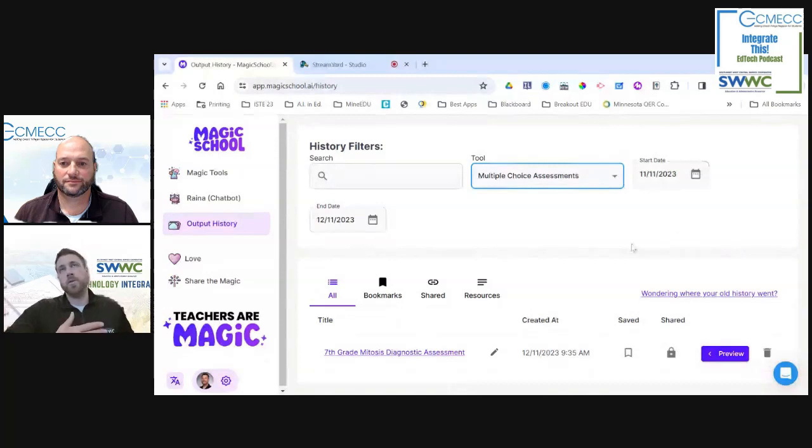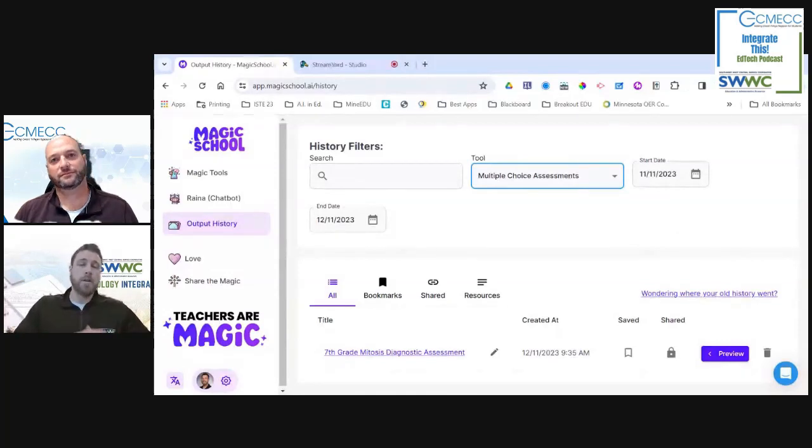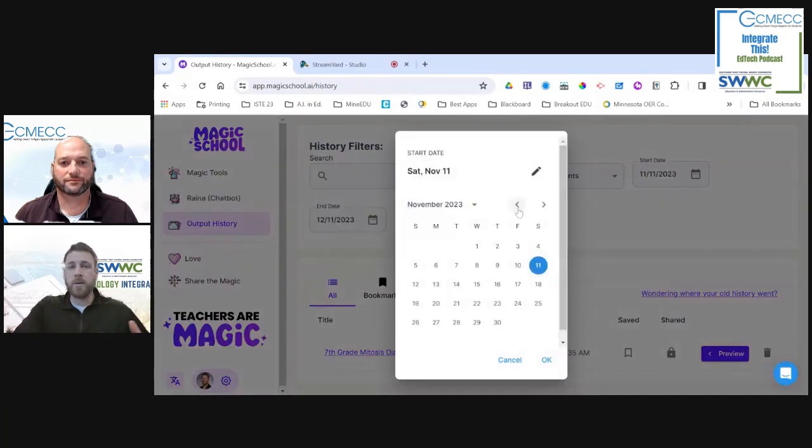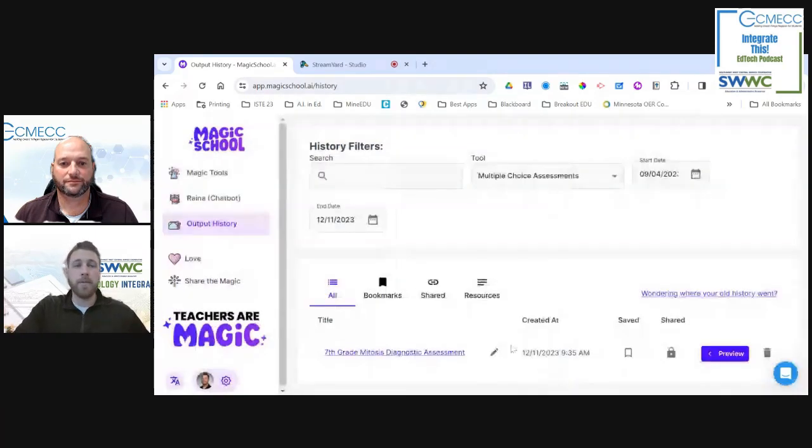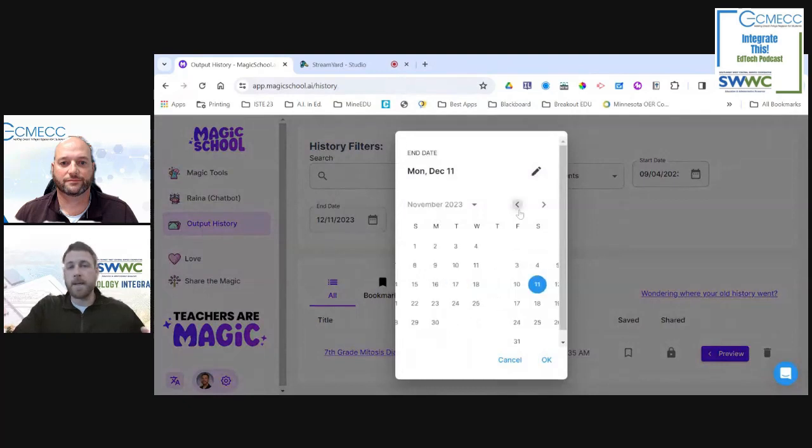particularly if, let's say, you use this tool the whole year, and next year you're coming back and you want to look for some of those same assessments or lesson plans, the ability to filter by year, or more specifically, say by quarter. So if you know that you taught mitosis in September of last year, you could always switch this out and you could pinpoint, I know that lesson was between September 4th and let's say September 20th,